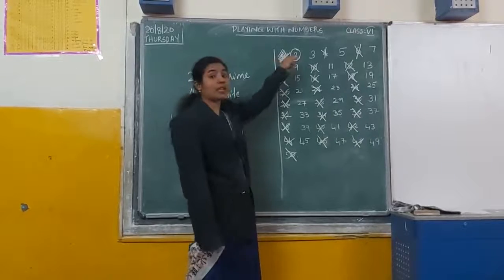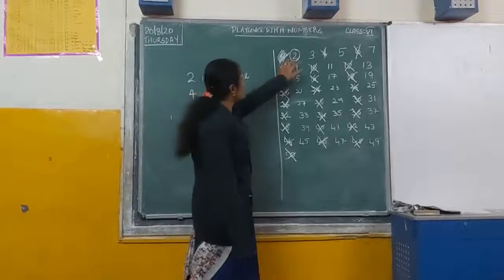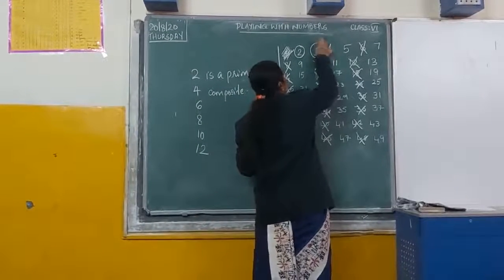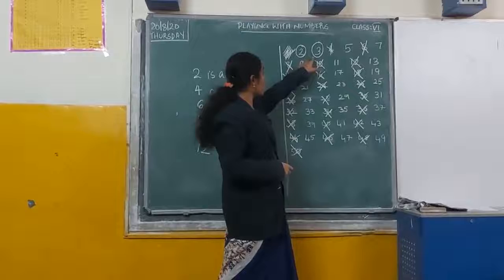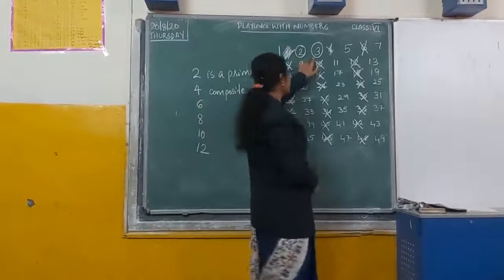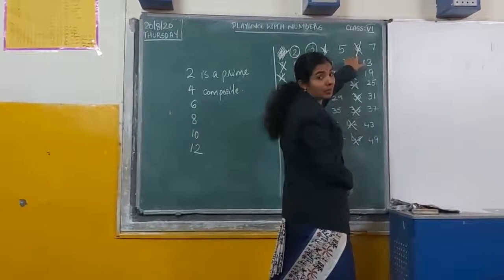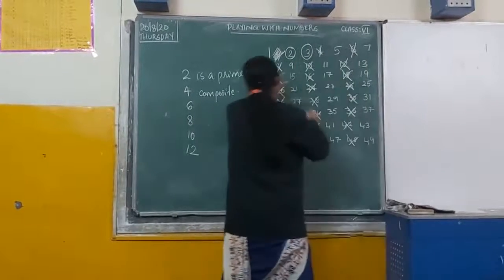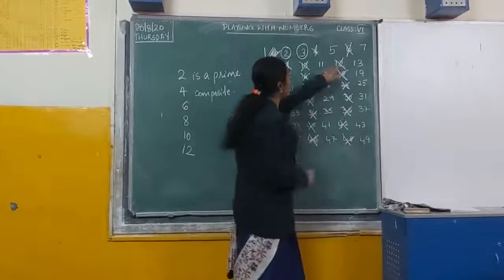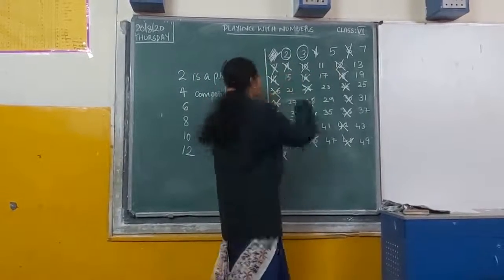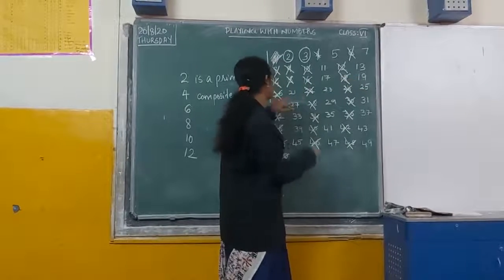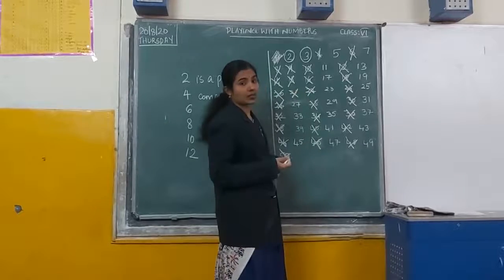After that, the remaining prime numbers you should round. See here, 3 is a prime number. Round that one. If 3 is a prime number, its multiples are composite numbers. Here you can see 6 is a multiple. Already we cancelled that one. Here, 9, composite number. 12 already we cancelled. Here, 15, cancel it. Next you see 21, cancel it.